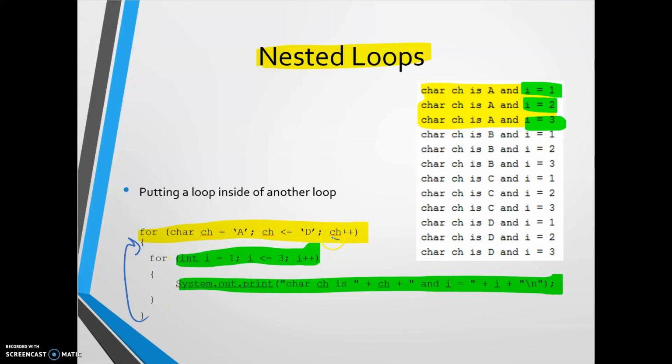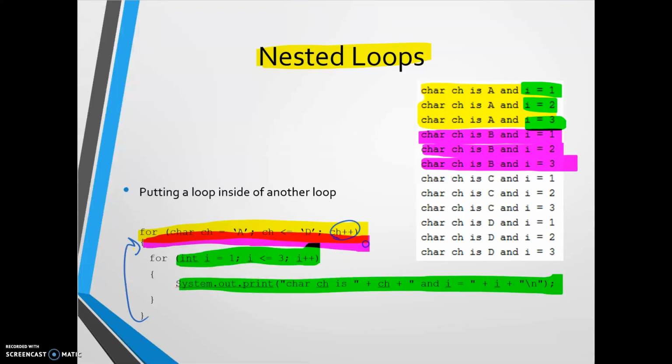I come back up here and I increase my character by 1, and now I see the value of B. So I've got my character as B, and it goes through this loop, and all of these pink lines are the next iteration of this outer loop. It comes in here and starts again with I equaling 1, I less than or equal to 3, so it's going to print where CH is B with a 1, 2, and a 3. And after it's finished doing those 3 cycles, it's going to kick us back out up top, and now CH turns to C. Then I do the same thing again. I run through those 3 statements with CH of C, and then I do it one final time with CH